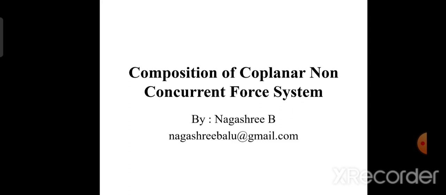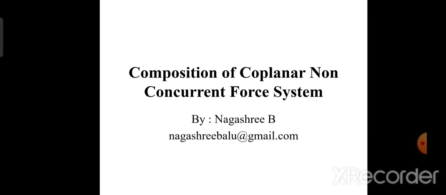Today I'll be discussing the concept of composition of a coplanar non-concurrent force system. The word composition means the procedure of determination of the resultant of a system of forces. And a coplanar non-concurrent force system is a type of force system wherein